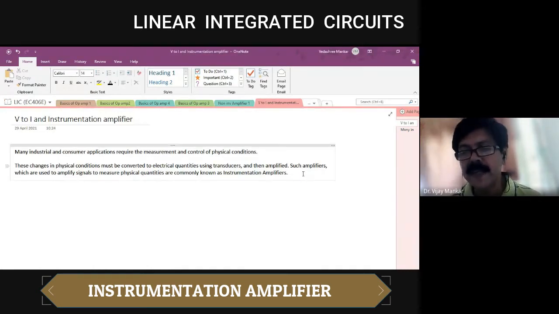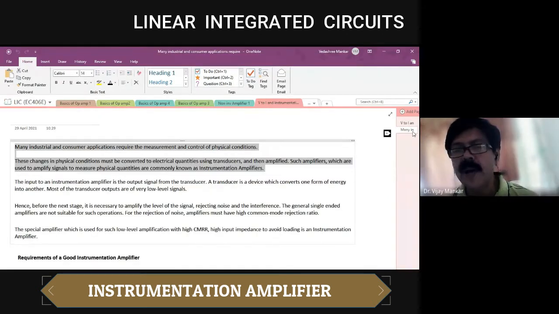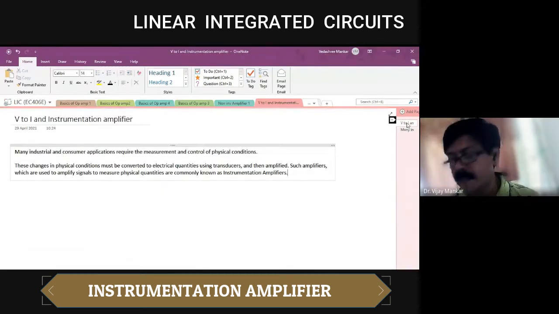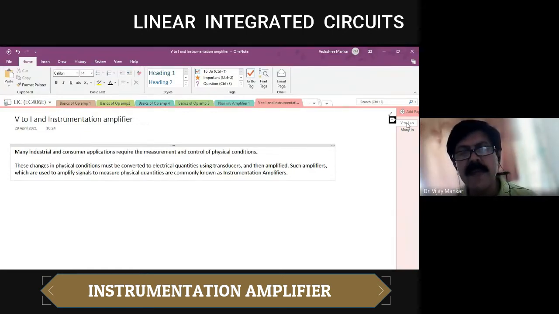Now there are certain things which I can say are the requirements of this one. There are certain requirements, some necessities, which need to be maintained. Now, where do we require an instrumentation amplifier? We can say where we want to measure certain physical parameters, and where we want to either monitor or measure